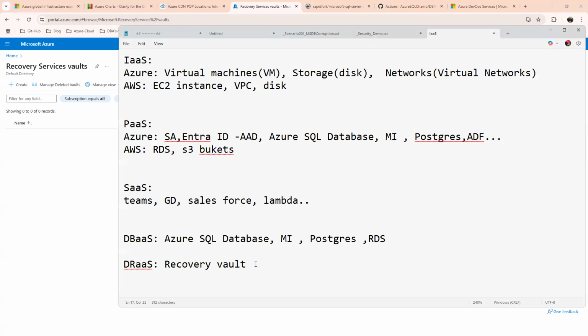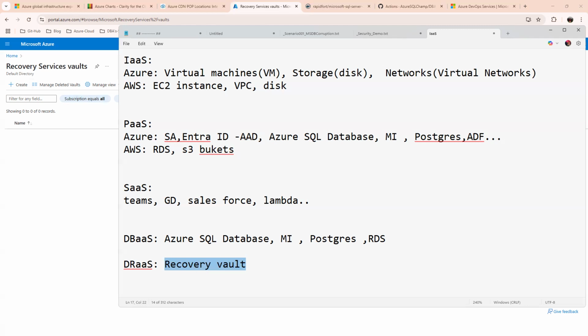So Recovery Vault is also one of the most important services. Even as a DBA, we must know it, sir. I will add this to our checklist as well. When you go for cloud, sometimes you will create jobs under the Recovery Vault to take backups of our SQL Servers.